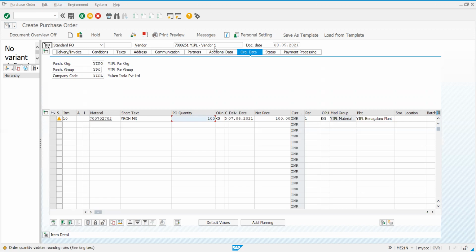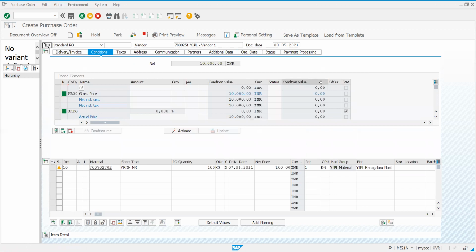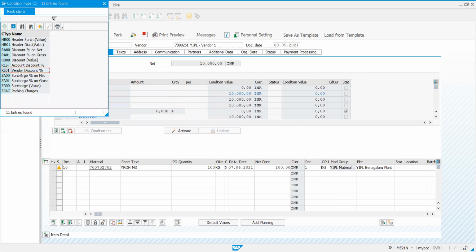If the vendor is giving a discount, let us assume only for this particular material, I can go to conditions here directly. There I'll select vendor discount. I have one condition which is standard and already existing, that is RL01 vendor discount. I can select that.